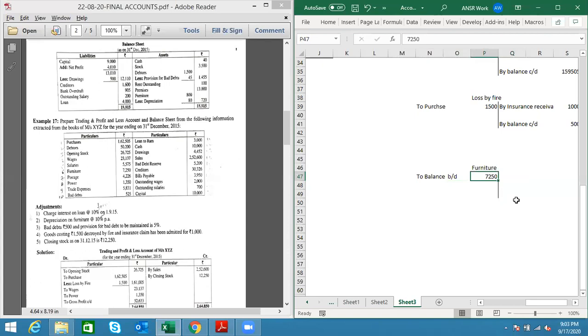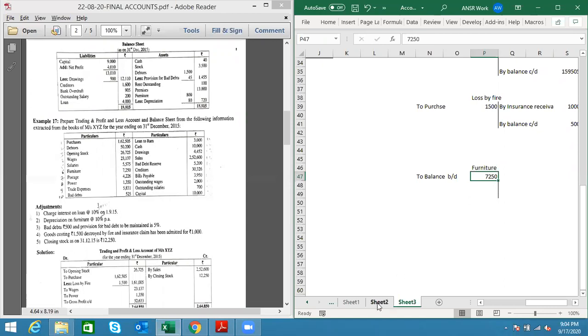Now I'll ask you a question. Why did I put it as to balance brought down and not by balance brought down? Can somebody tell me? Guys? Why not by balance brought down? Anyone? No idea. Okay. So the reason is